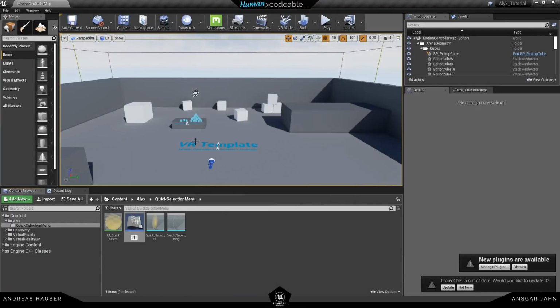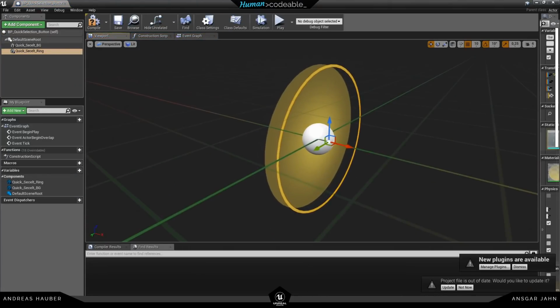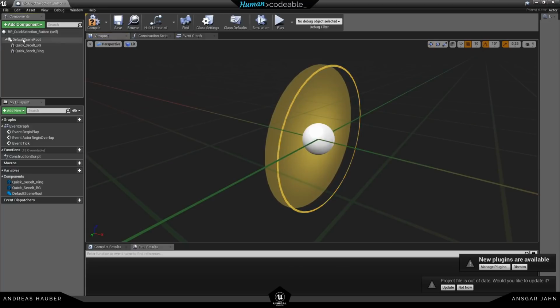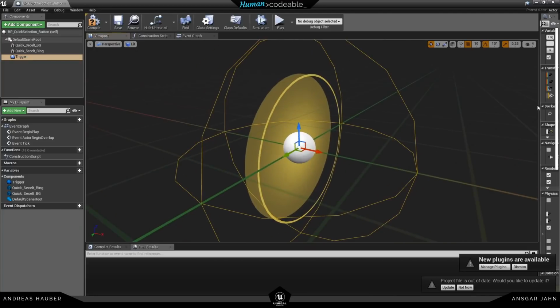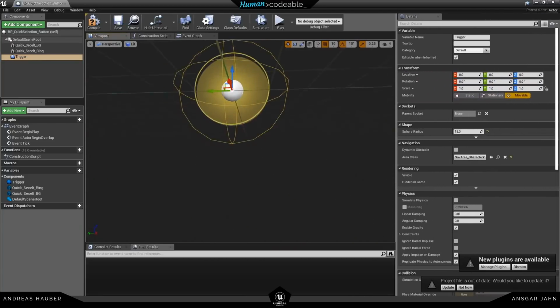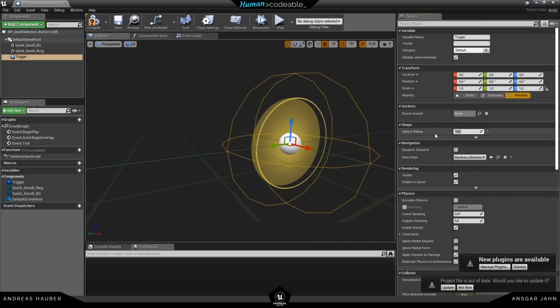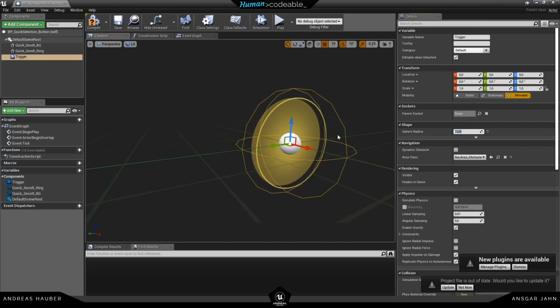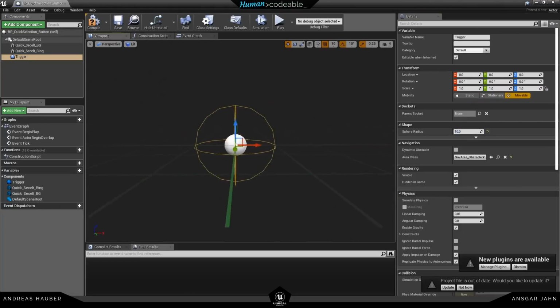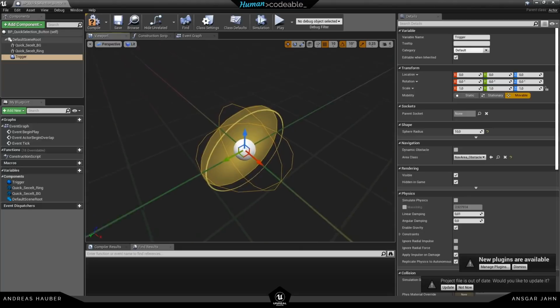and start off by creating a new blueprint. So this will be our master button where all the logic is in there. So I imported both of my meshes. And I also created a trigger. This one will be later used for the hovering effect and even for the selection effect